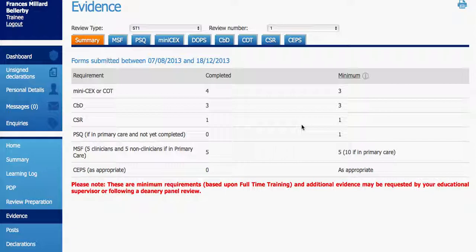You can search through each of the specific assessment domains, which are multi-source feedback, patient satisfaction questionnaire, only to be completed in general practice, mini clinical evaluation exercise, only completed in hospital posts, DOPS, which you should essentially ignore. These are on here for trainees who have completed DOPS when they were active, but these have now been replaced by SEPs. Case-based discussion, consultation observation tool, only to be completed in GP post, clinical supervisor report, and clinical examination